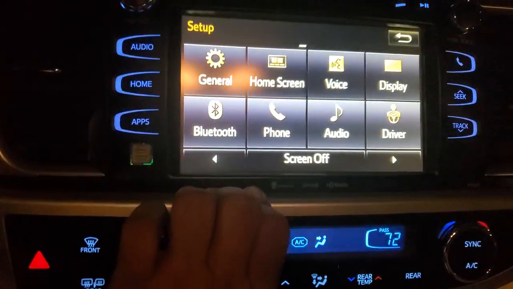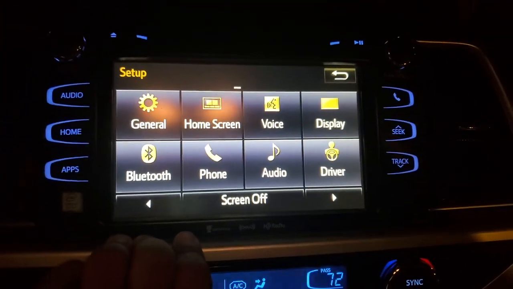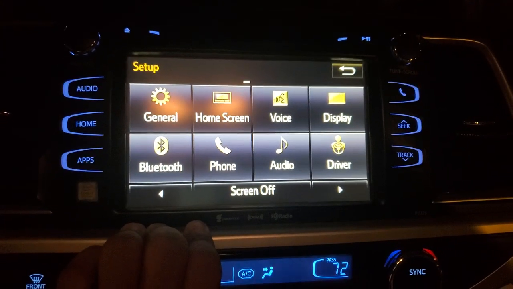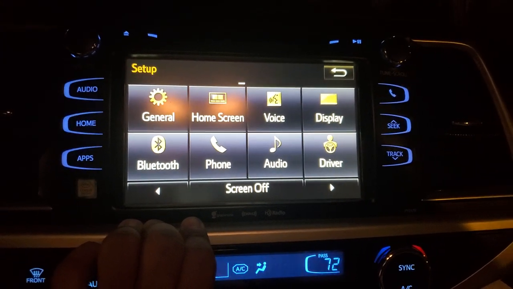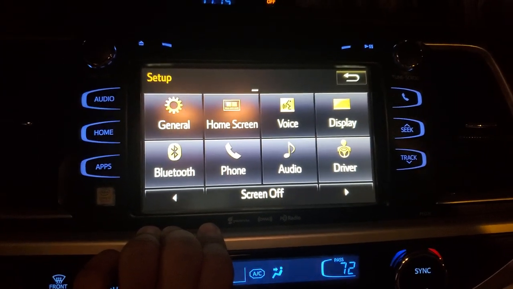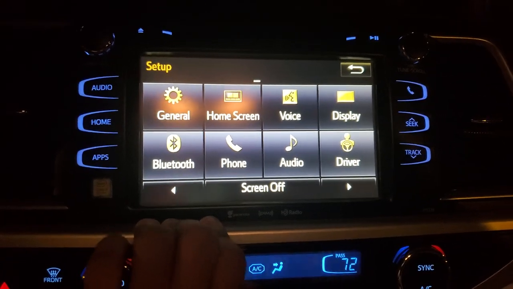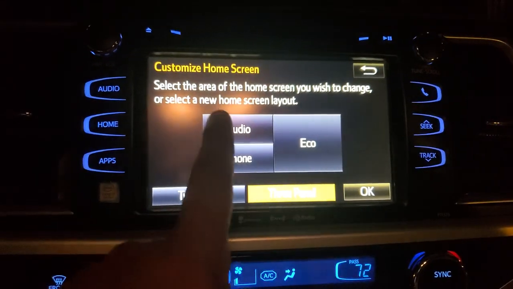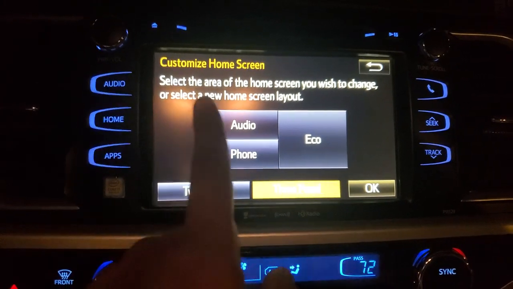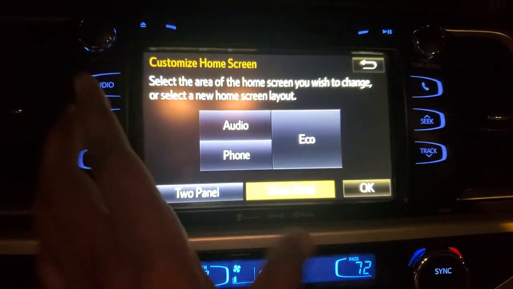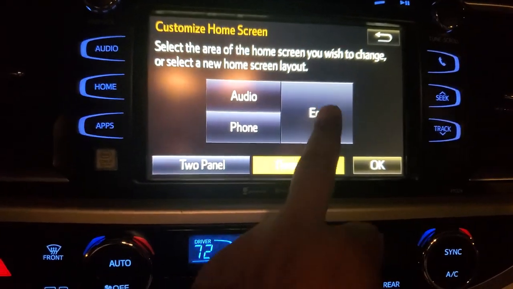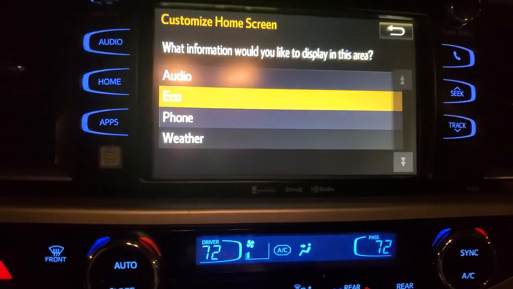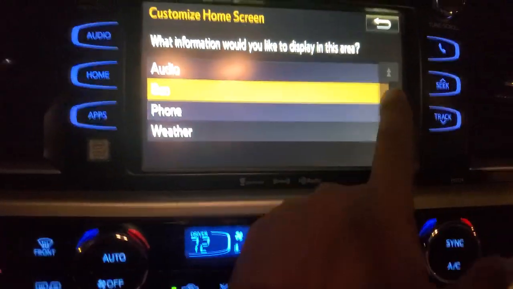Okay, let's go to the setup. Here you can customize some of the things that this car comes with. For example, home screen. As you saw in the beginning, it was showing the audio, phone, and eco like this. So if you want to change any screen, for example, in the eco area, you want any other option